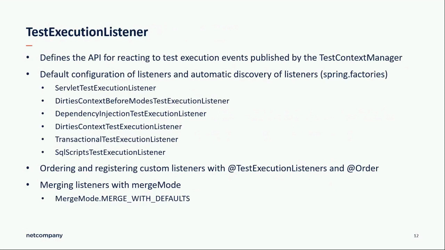So for example, there are a couple of already defined listeners, which are loaded by default for each test. The DependencyInjectionTestExecutionListener, for example, is responsible for checking your class for the autowired annotation and actually injecting the dependencies into your test. So you can see that you can do something useful with those listeners, and they are added by default, those six here. Of course, the TransactionalTestExecutionListener is added when you use database stuff. The same for the SqlScriptsTestExecutionListener. And yeah, the default list of those listeners